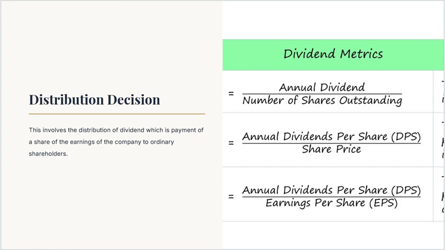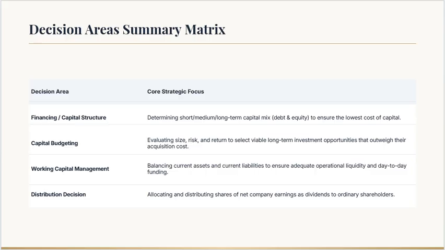But again, we have shareholders who've committed their money into the business. They are expecting to earn a dividend. So we must make a choice between dividend distribution and retention. And how much do we retain and how much do we distribute? That is the whole concern of the distribution decision, which is equally known as the dividend decision. So in summary,